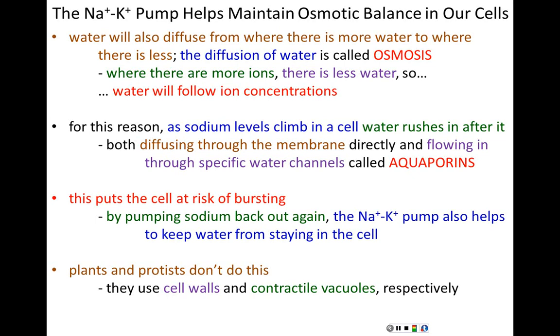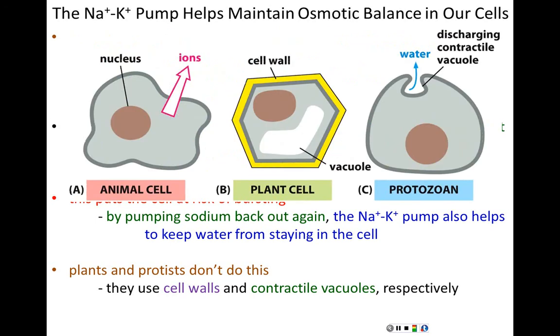Plants have cell walls. That's what protects a plant cell from bursting. The cell wall provides a physical block. The cell can't swell beyond a certain point and it won't burst. Protists have contractile vacuoles. Protists will corral the water that rushes into it, and then in one shot, squirt all that water out through a contractile vacuole. And then more water will rush in, collect, and then the protist will secrete or squeeze that water back out again. So, three different strategies for keeping cells from bursting, all of them at risk of bursting because of water